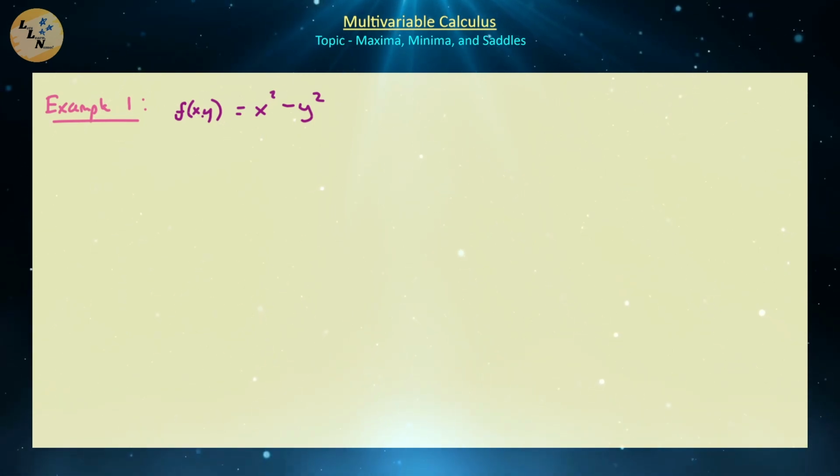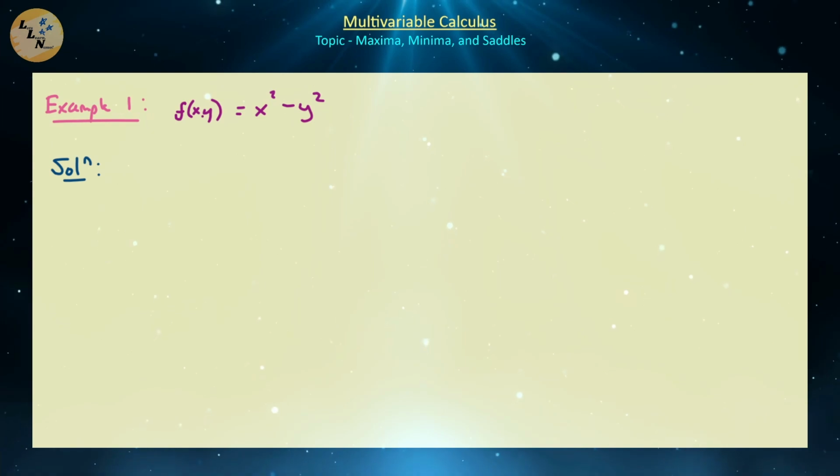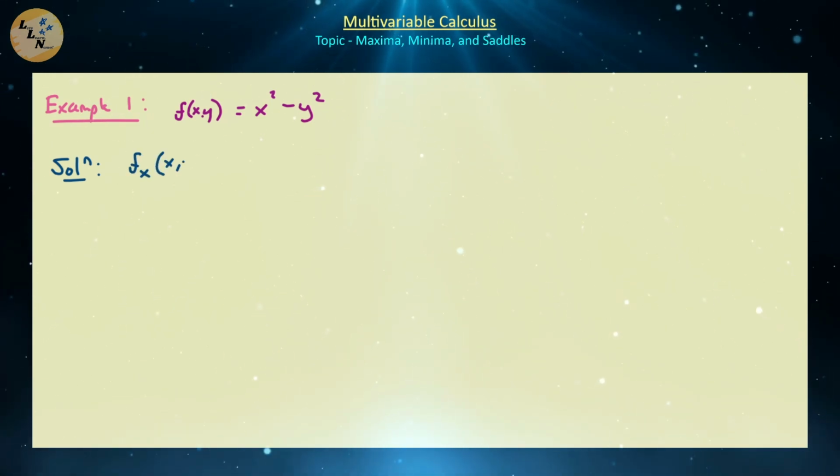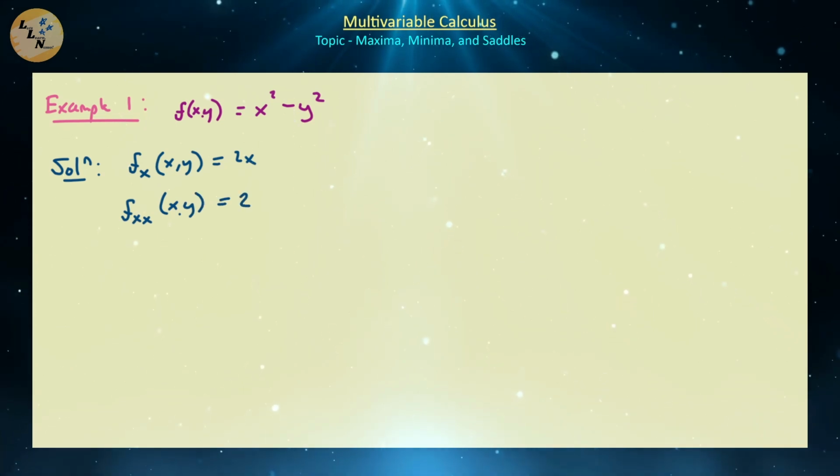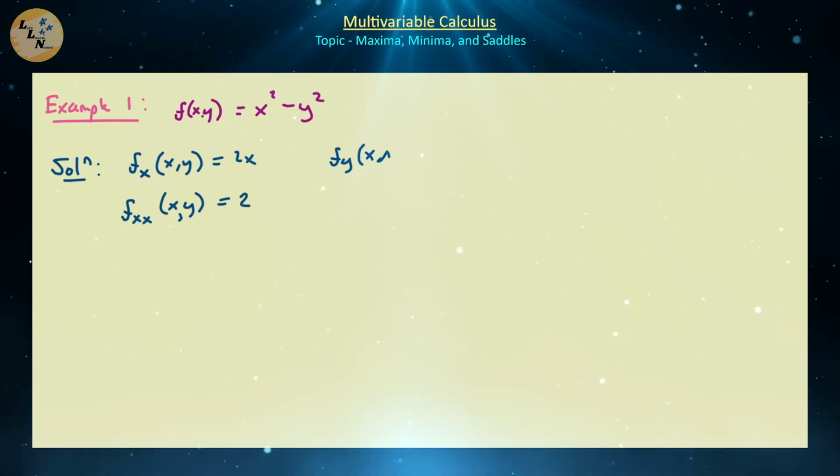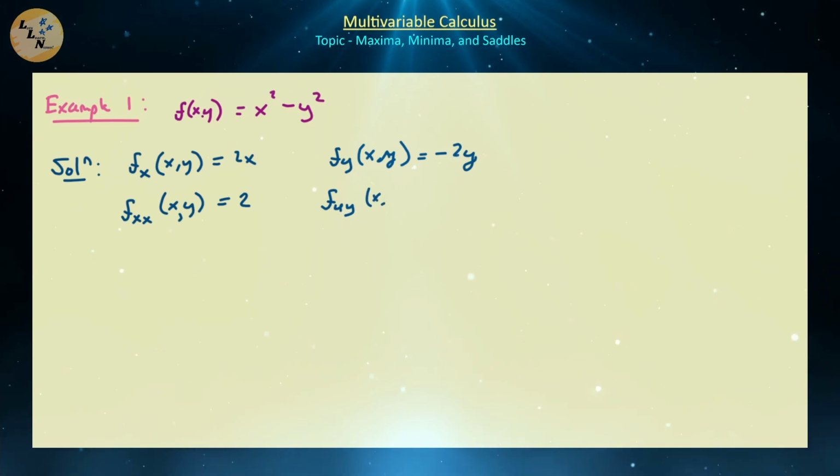The next example is not going to be as trivial, but this is just sort of a warm-up for that. So the first thing that we need to do is calculate our partial derivatives, first and second order. So the first partial with respect to x of f(x,y) is going to be equal to 2x. That means the second order partial with respect to x is just going to be equal to 2 for all (x,y). The partial derivative with respect to y of f(x,y) is going to be equal to minus 2y, and the second partial with respect to y is going to be equal to minus 2 for all points (x,y),